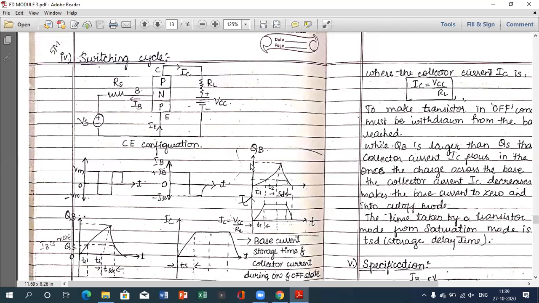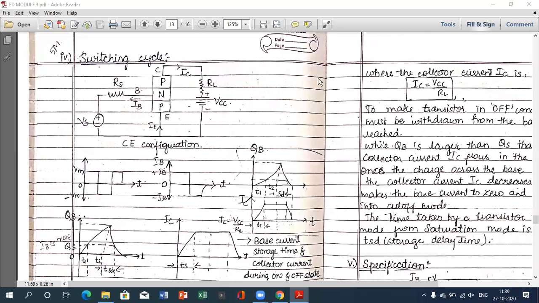In this we are going to discuss how the transistor is used to switch on and off states in terms of time. With respect to time, delay will be introduced. Delay is nothing but the amount of time taken by the device to turn on or to turn off. So we call it delay. Now we will start with the circuit diagram.